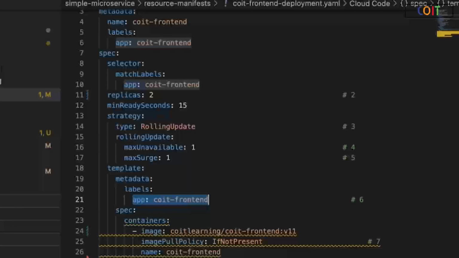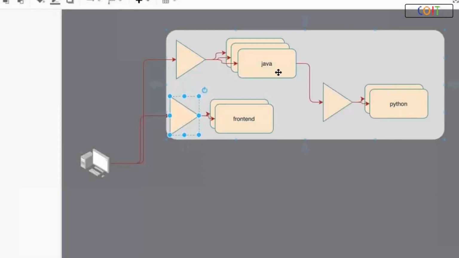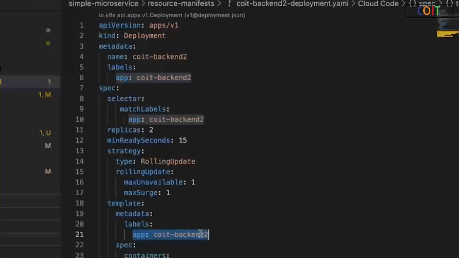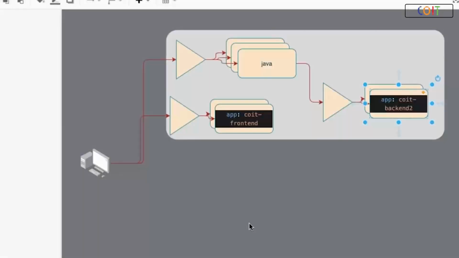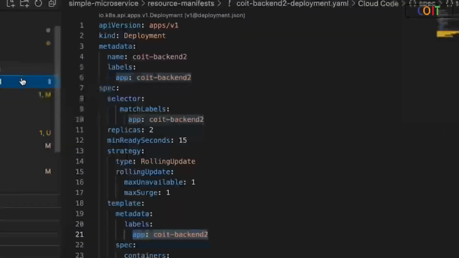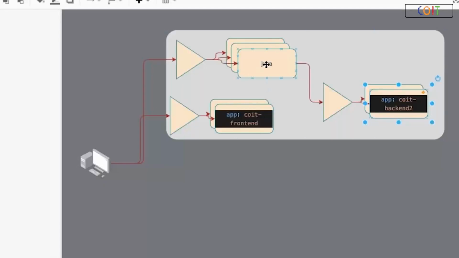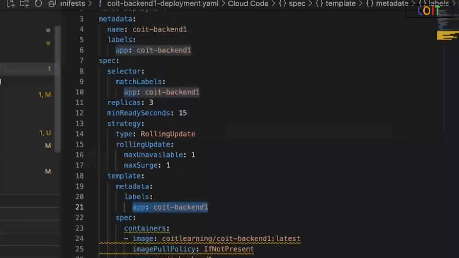So this way, I had already labeled all my ports. This port has this label, this port has this label, and this port has this label. So at the time of creating the deployment, I also specified the label to be set on each of these ports. And now when I am creating the service,